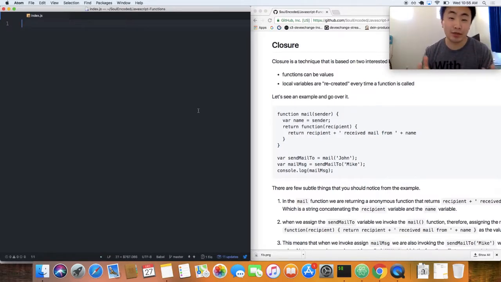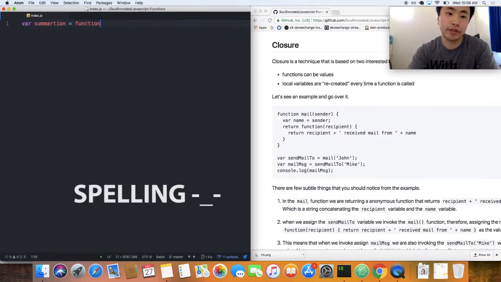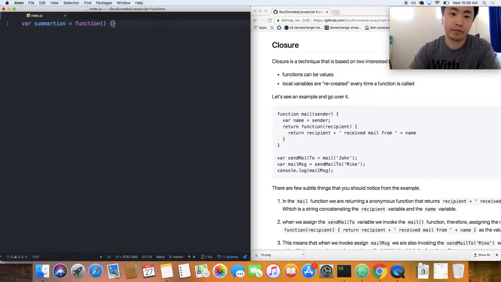Now, what is lexical scope? Lexical scope is just a fancy way to describe what you have access to in your current scope. So let's write a quick example to describe this. Let's create another add function, but this time let's use closure. Var summation equals function. We'll pass in the total. And in here, we'll create an inner function,